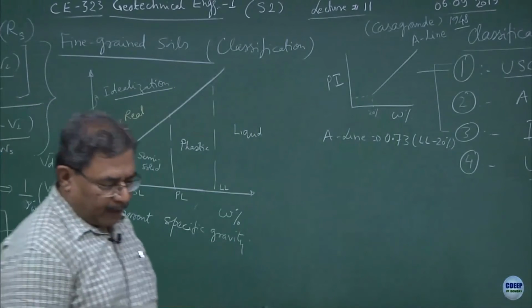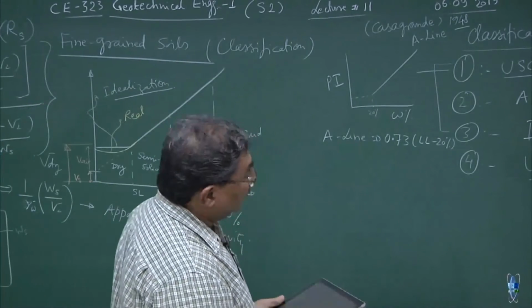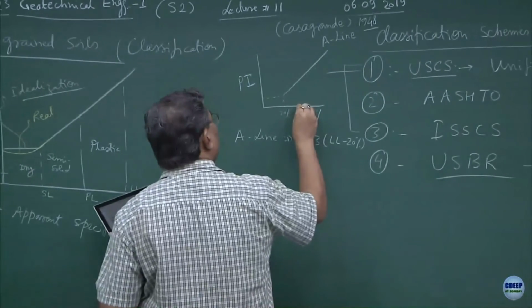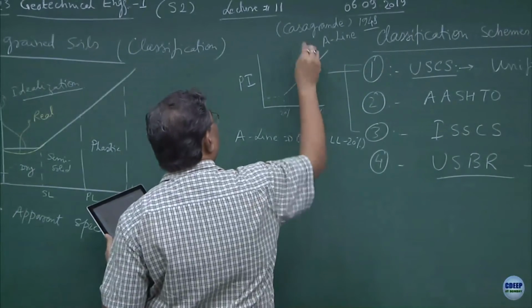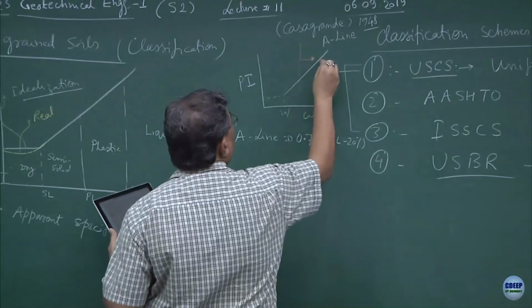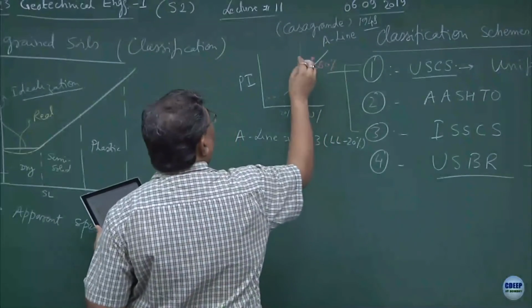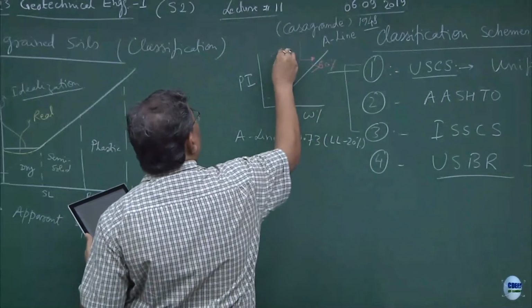The significant part of this USCS technique or the classification scheme is, here we consider two types of moisture contents. One is greater than 50% and the another one is less than 50%.